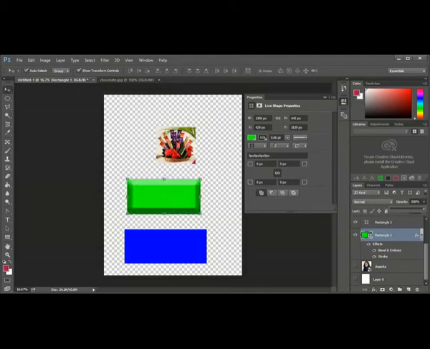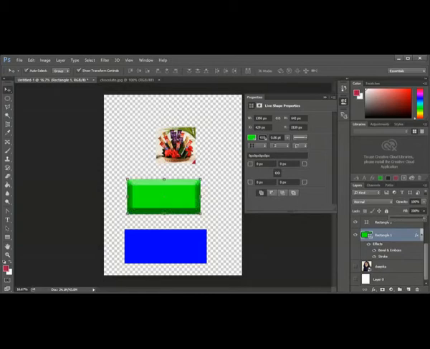But if I am using the fill, it reduces the transparency, but it does not affect the style. There is a style you applied for this embossing, it does not affect it. So the fill will not affect the styles and other things, but opacity will affect everywhere. So that is the difference. Even though both are creating transparency, fill will not affect the style. So this is about style. I hope you got some idea now.